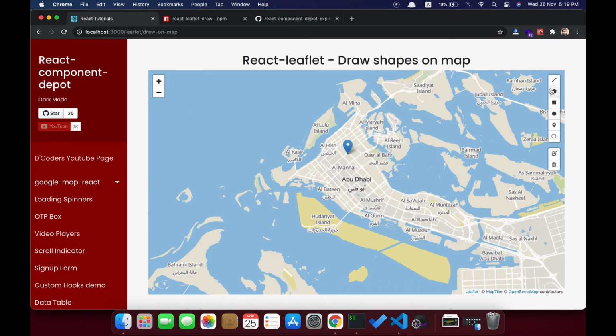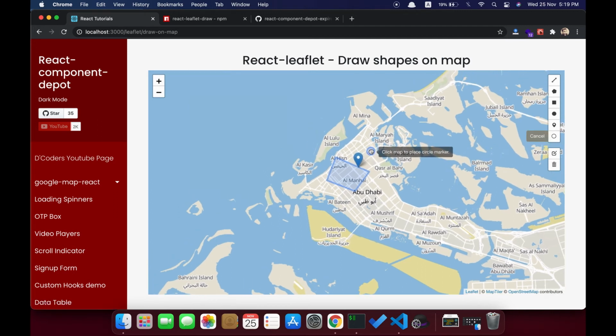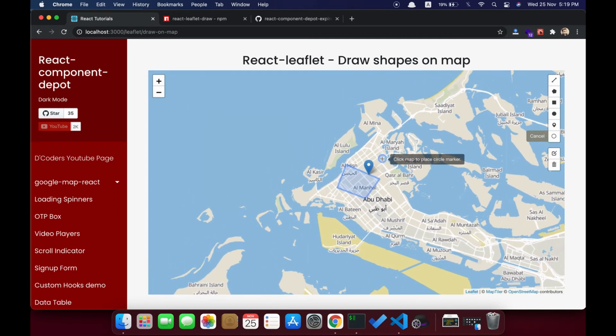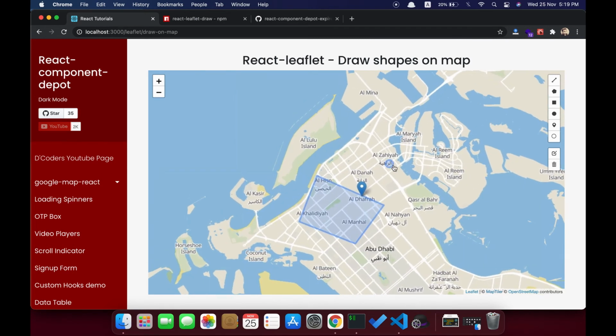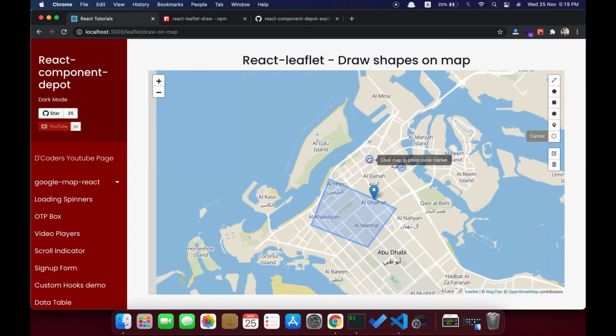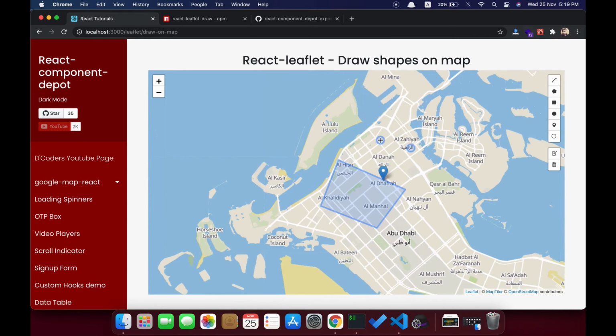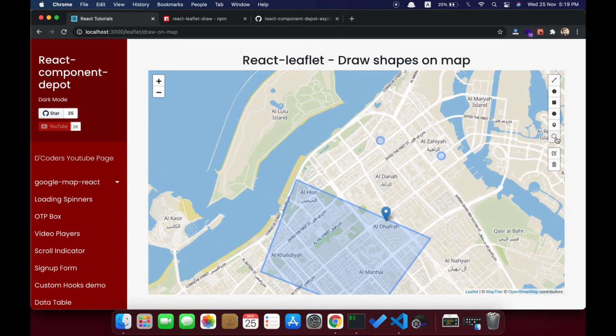So also you can create all kinds of shapes as I mentioned before. You can also have a circle marker. It is not a circle, it's a circle marker, so you cannot increase the radius of the circle. It is just a circle instead of the marker icon. If you want to really draw a circle, there is an icon for a circle. You can use that to create a circle of any size, any radius. So this is the circle.